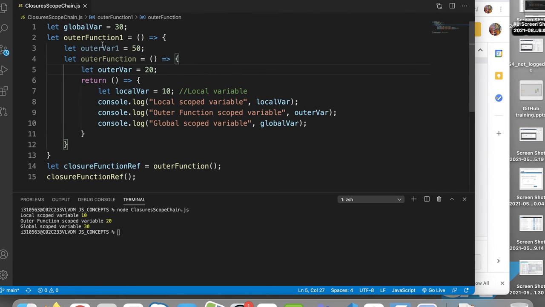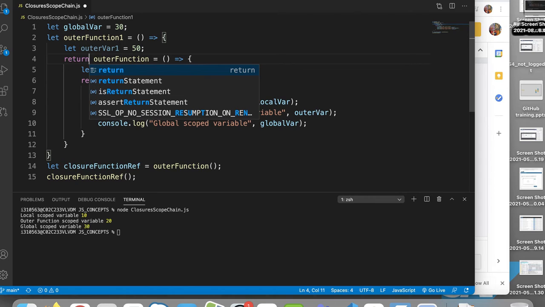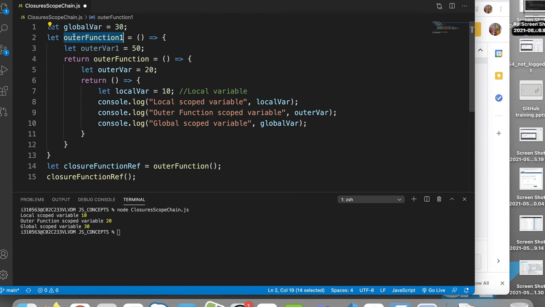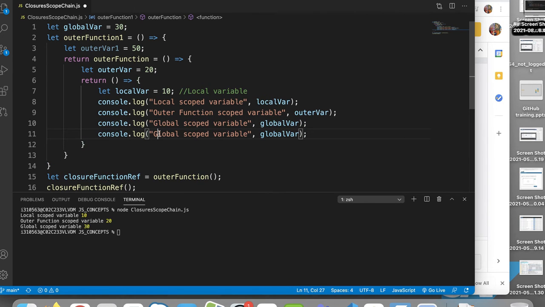Yeah, so now let's return this. Now you have an outer function that is also a closure function of one more level up, the outer function 1. And now let's try to consume this in the innermost level closure function here, and we can write it like outermost function.